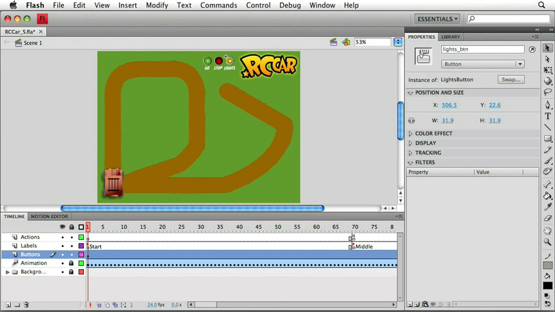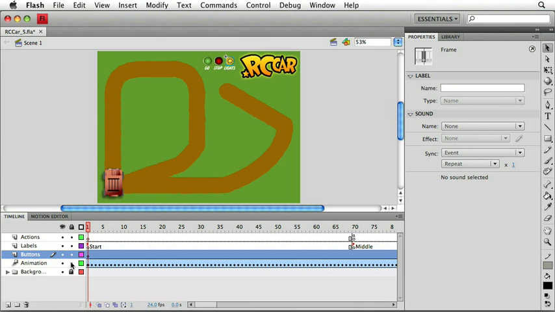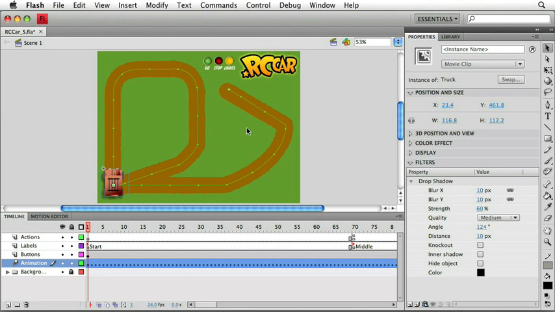In addition to button symbol instances, we can also assign instance names to movie clip instances. This is useful if we want to use a movie clip as a control, or if we want to target a movie clip's timeline and control its respective animation. Let's take a look at our RC car in the lower left-hand corner of the screen. Before we work with this, we're going to want to go down to the timeline and unlock the animation layer if it's not already unlocked. This way we can click on the RC car like I'm doing here and select it. If you go back to the upper right-hand corner of your workspace to the Properties panel, you'll see that the RC car can also have an instance name assigned. Later on, we may decide that we want to target this car and do something with it or control its timeline. So for this, we're going to click inside the instance name field, and give this the name